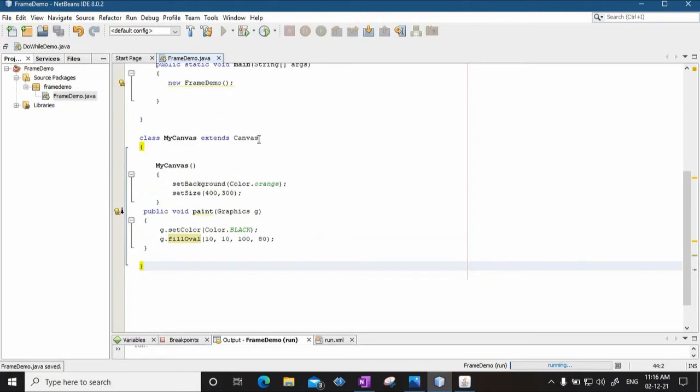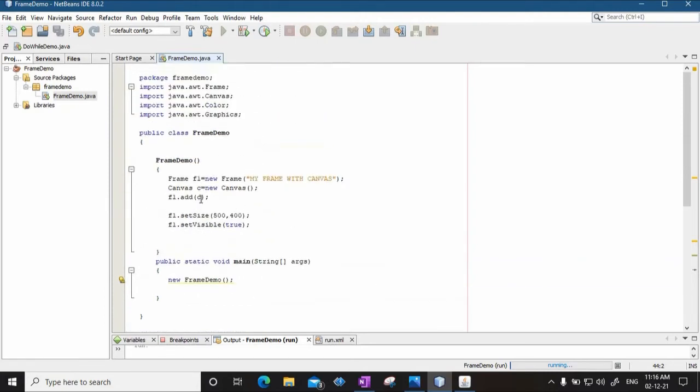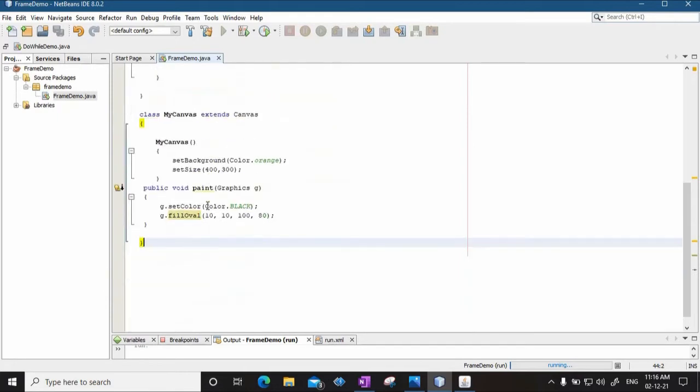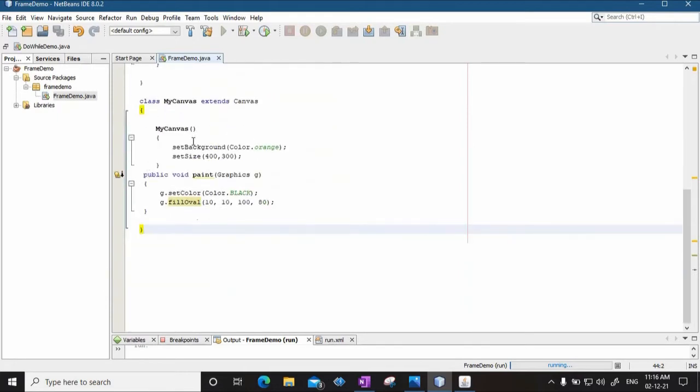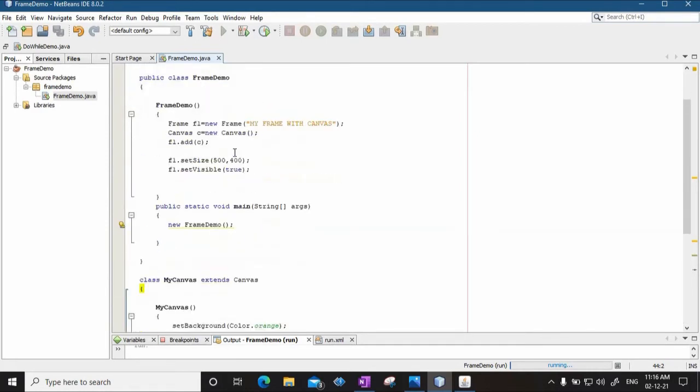I could have actually added the default, blank canvas, but instead of adding the simple canvas, I thought of customizing my canvas. So my canvas class extends canvas. Instead of adding the default canvas, I will create an object of my canvas.